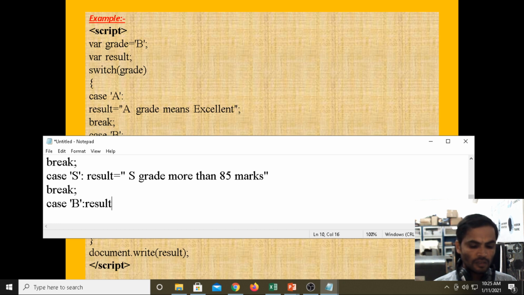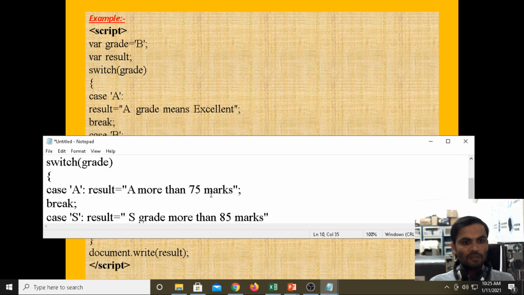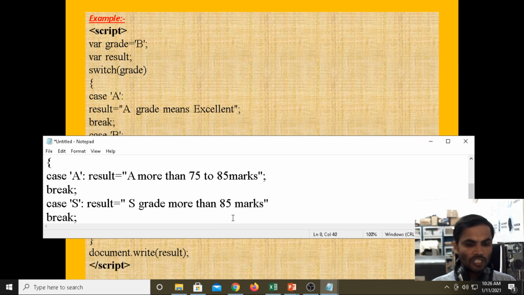B grade means more than 75, see here for your understanding purpose, the range will be more than 75 to 85 marks. Then S grade means more than 85 marks.